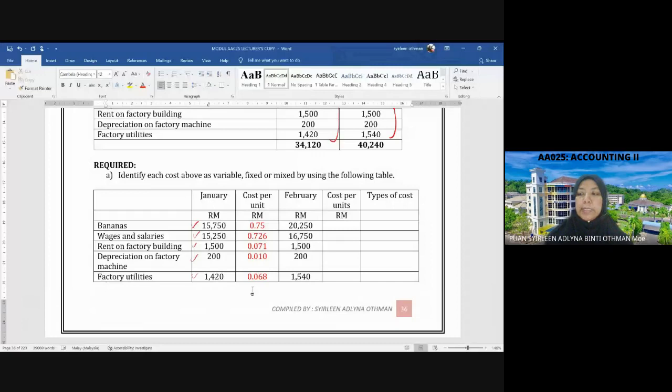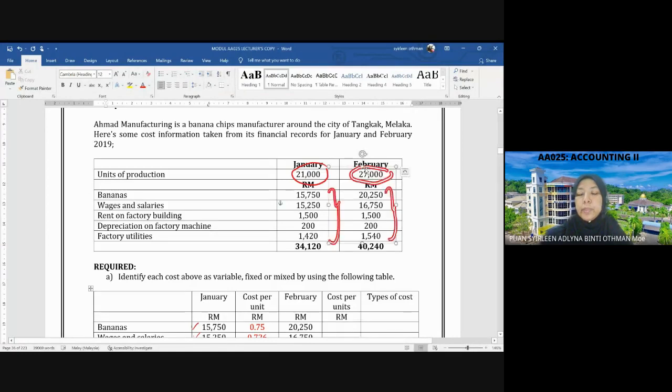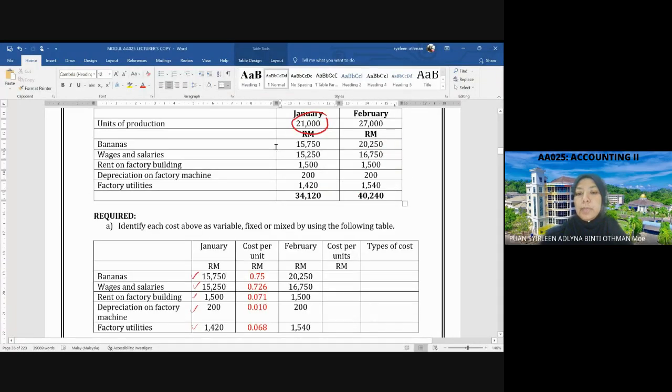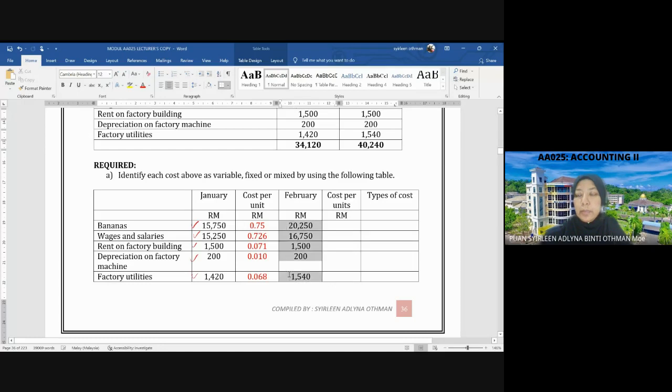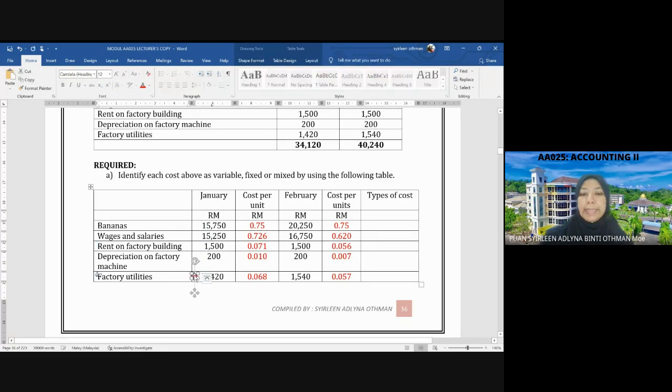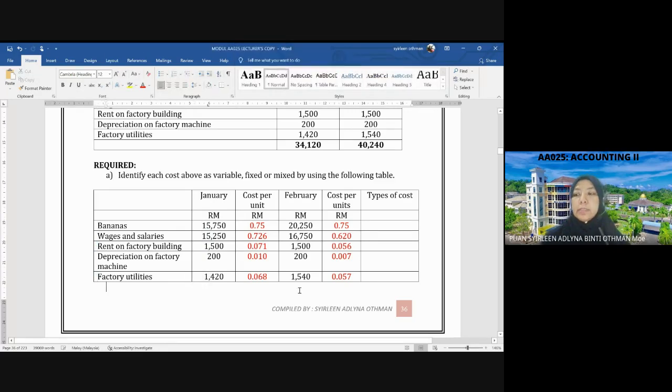Now I will do the same thing for February. Okay, so February dia punya unit pengeluaran ialah 27,000. So setiap item ni, cost untuk February ni, madam akan bahagi dengan 27,000. So, saya akan dapat nilai ni. Okay, alright. So macam mana kita nak tentukan yang mana fixed cost, yang mana variable cost, yang mana mixed cost. Okay, alright. First cari